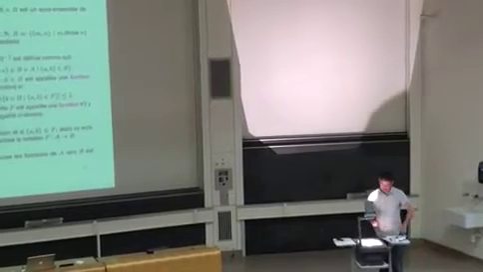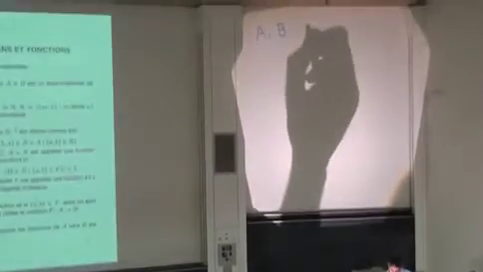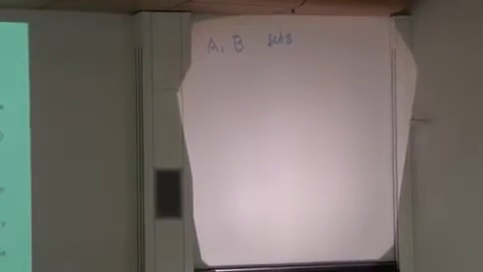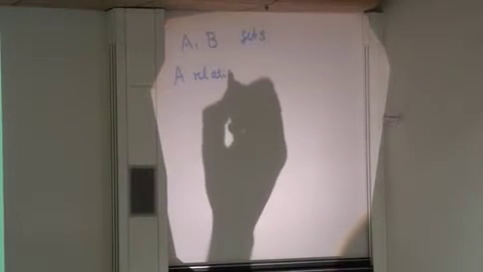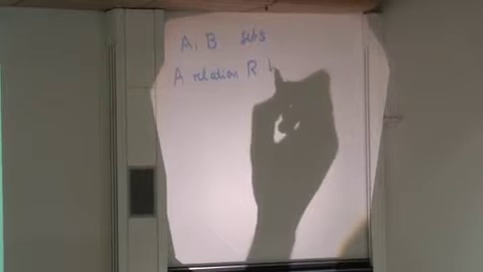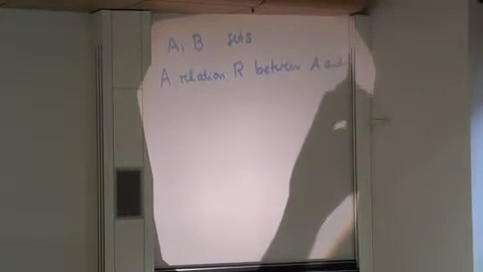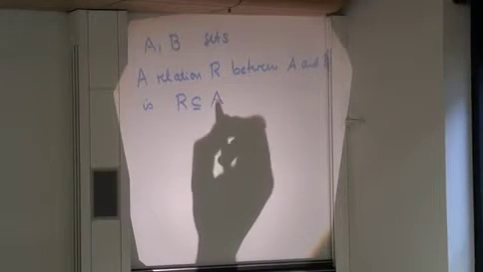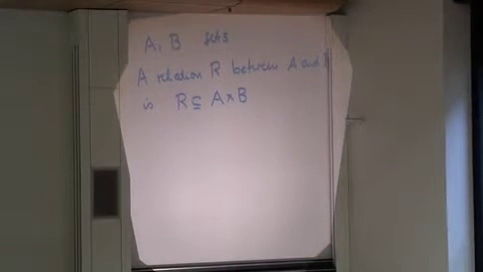A relation is the following thing. You get two sets A and B, and then a relation on A, or a relation between A and B, is a subset of the Cartesian product of A and B. That's all there is. That's what a relation is. All right? So, for example,